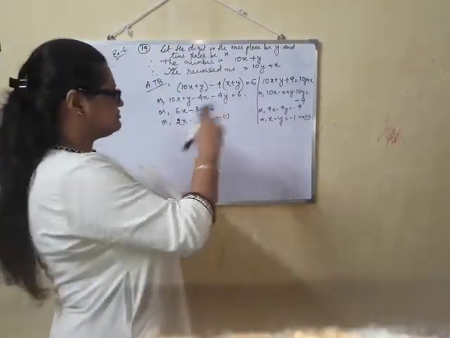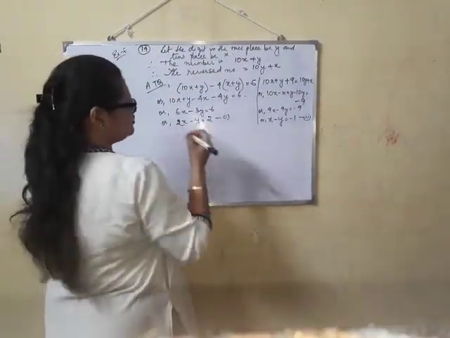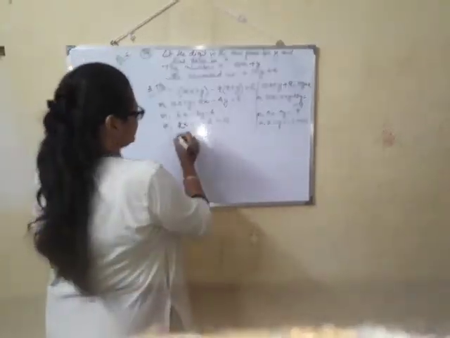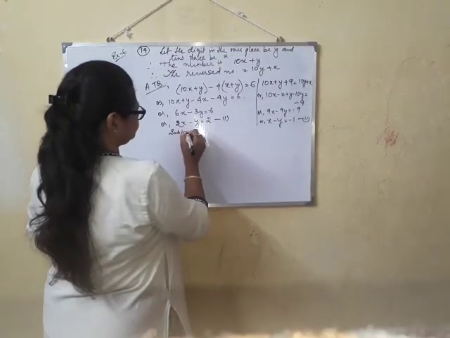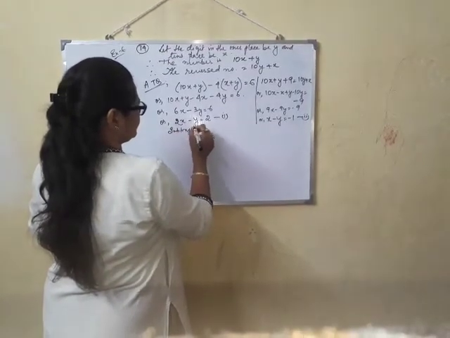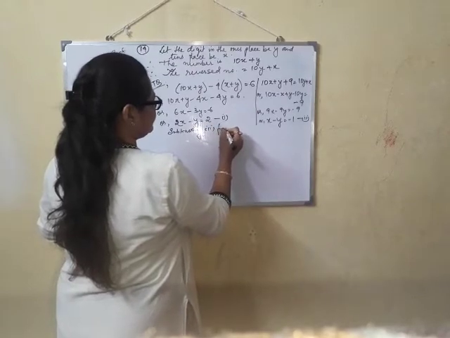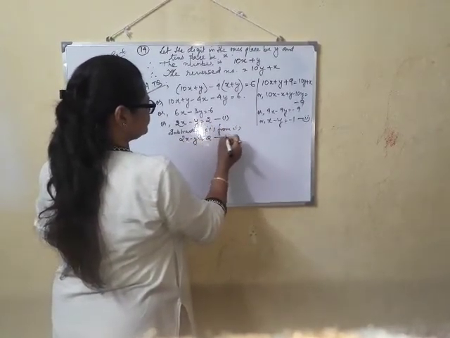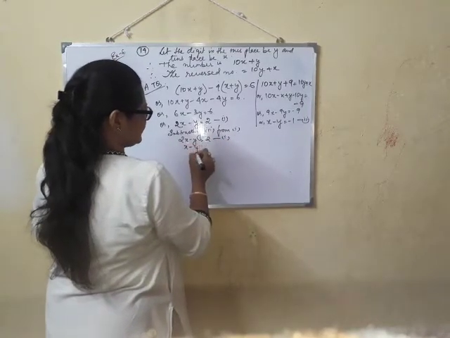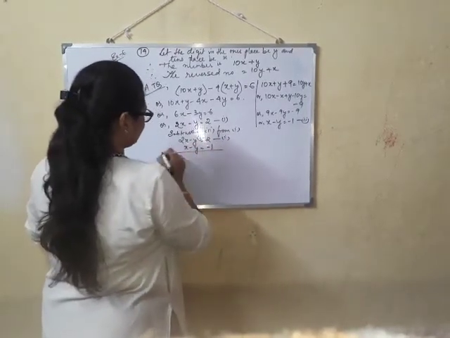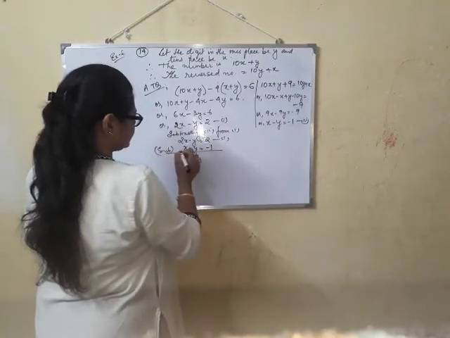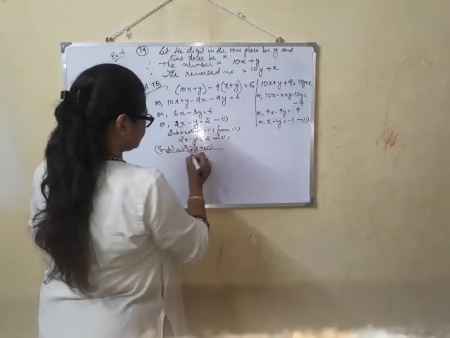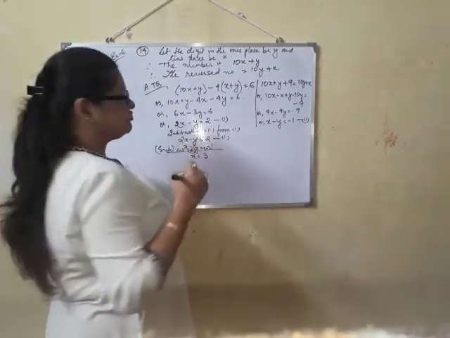Okay, very simple equations. We can simply use the elimination method, I am using it. You can use any of the methods of your choice. I am subtracting 2 from 1: 2x minus y equal to 2, and x minus y equal to minus 1. So when I subtract, the sign changes. So I get x equal to 3.